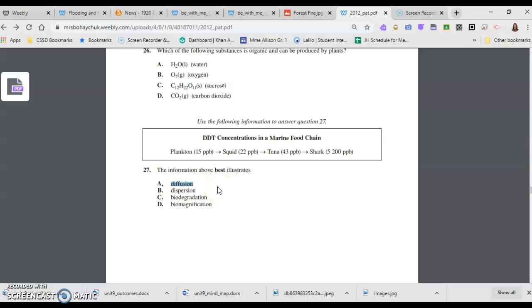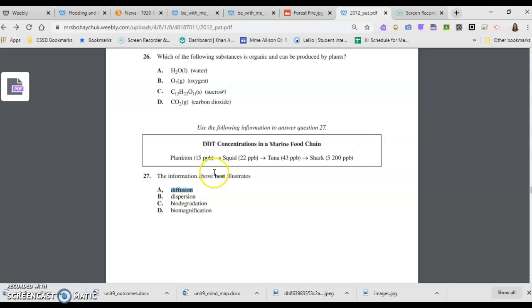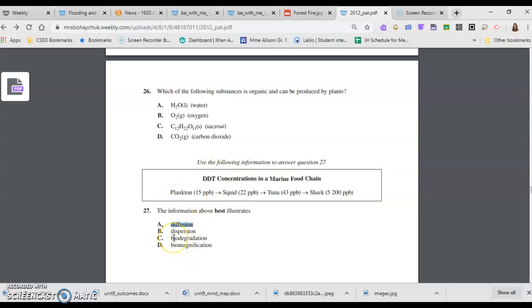Diffusion, that's spreading out particles as you go in a substance, like spreading out food coloring in water, for example. Dispersion, a similar idea to diffusion, where it's going to be spread out, but not necessarily mixed with the material, like diffusion is. And then biodegradation, they must really want you to know what that was because it was in the earlier question. So that has to do with being biodegradable. Is DDT biodegradable? Nope. So let's go with 27D.